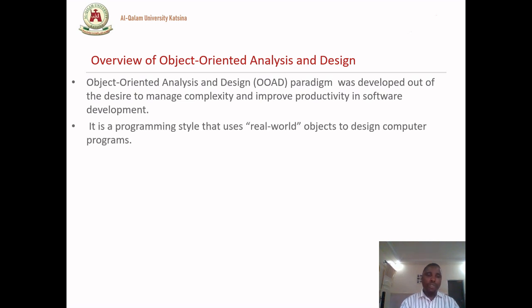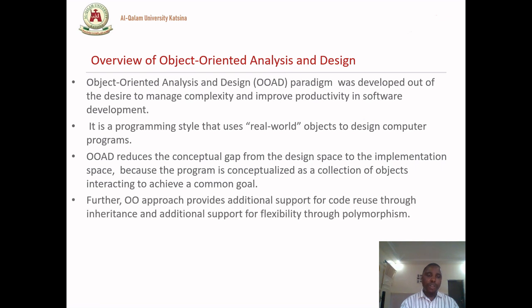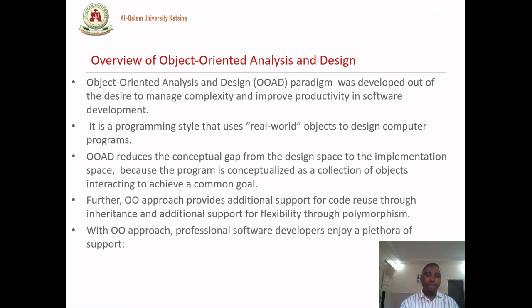So how does it do that? It focuses on real-world objects to design computer programs. So in that case, it reduces the conceptual gap from the design space to the implementation space. You can take whatever you design as interaction between real-world objects and also implement the same in the code. It also provides additional support for code reuse through inheritance, and through flexibility, through polymorphism,